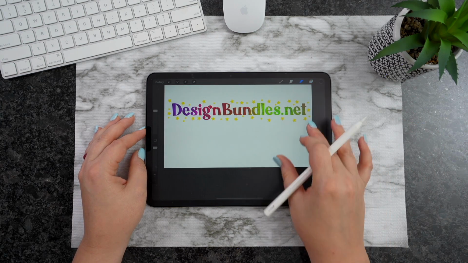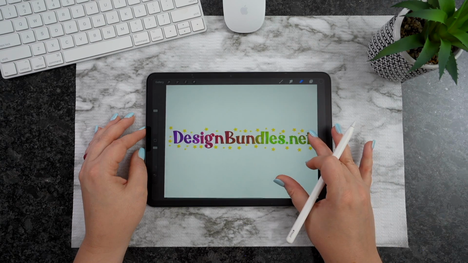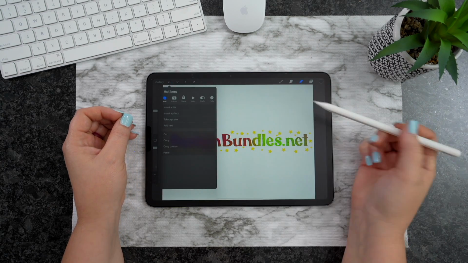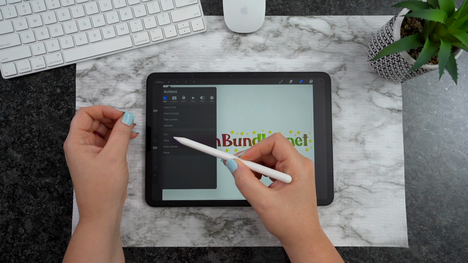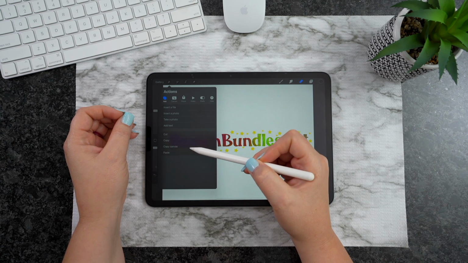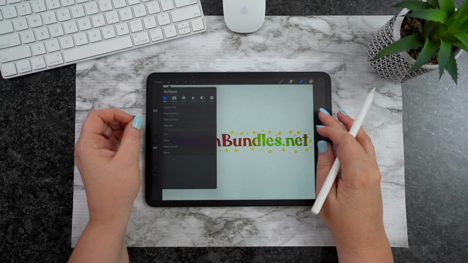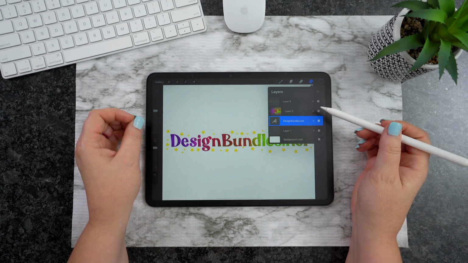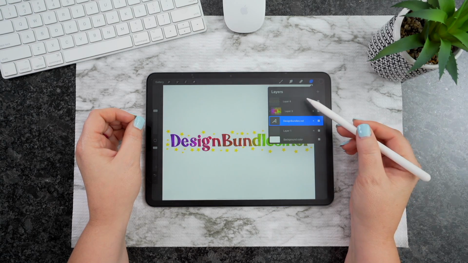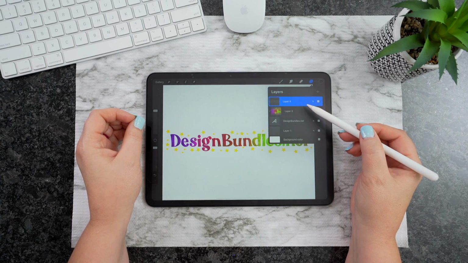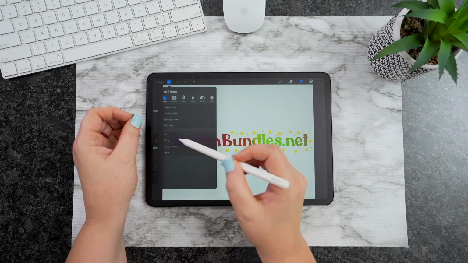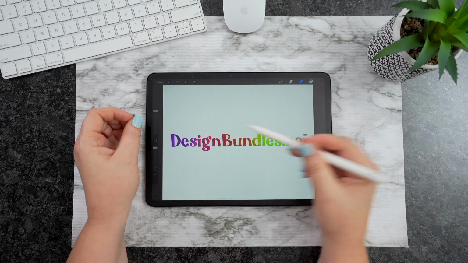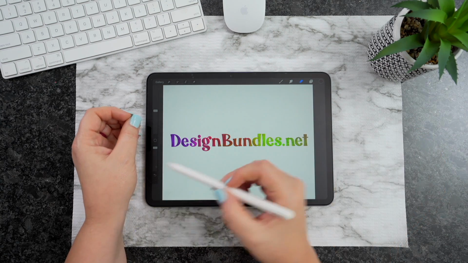Now, I'm going to show you guys that if you hit your wrench right over here on the left, so we're going to hit that tool right here, you're going to see that you have copy, cut, copy canvas, as well as paste. If you hit cut, it's simply going to take away your design, but it's going to store it for later, so you can paste it later. So you see how that goes away, but it is still there. You notice that paste is available. I can paste that back in.